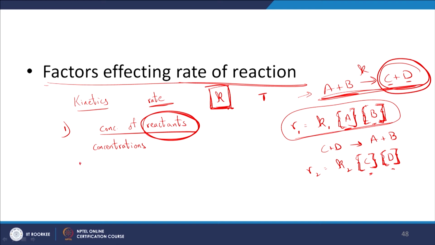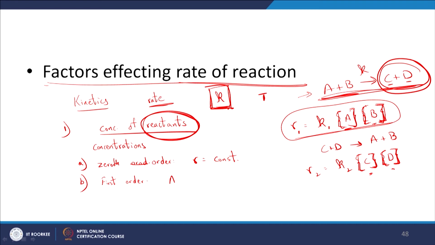One would be 0th order. Usually rarely do we come across this 0th order, right, and rate equal to a constant, and only in very rare specific cases do we usually come across this. The rate of the reaction is a constant, right, and B, it is a first order,